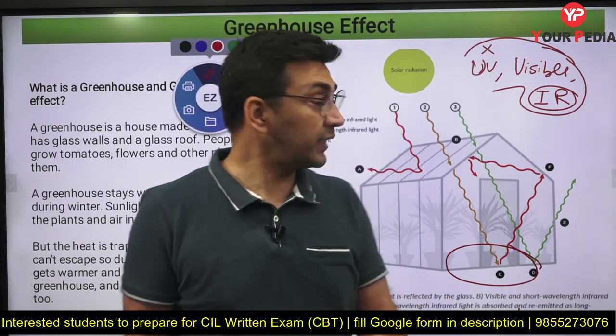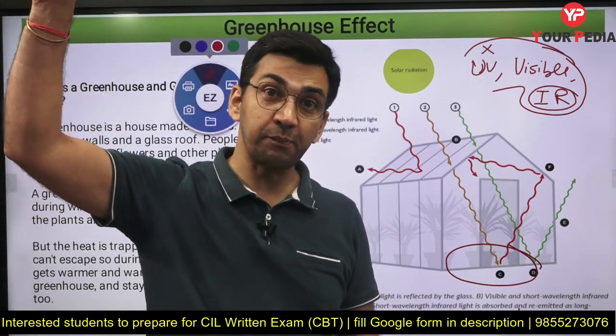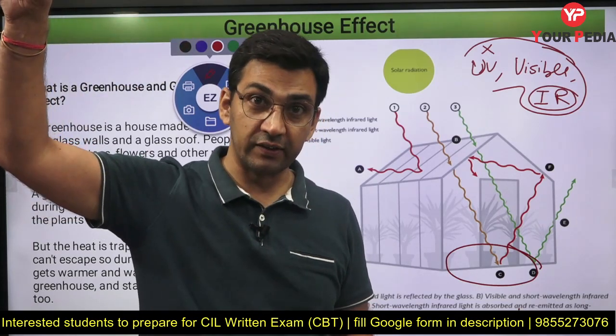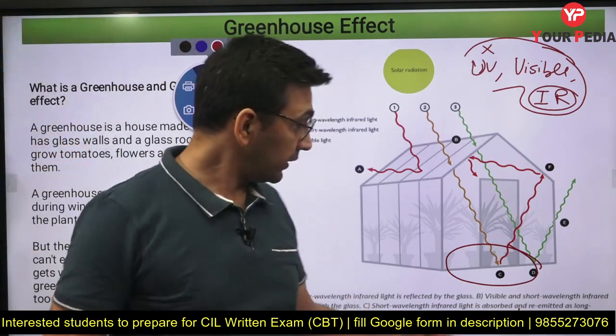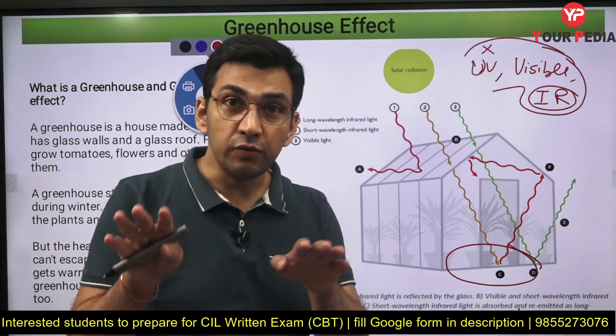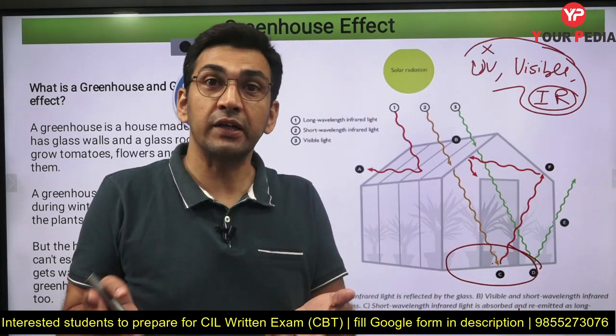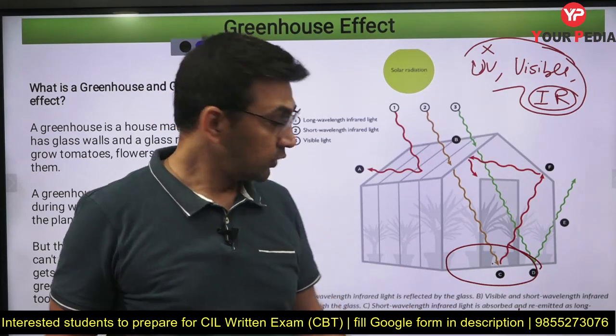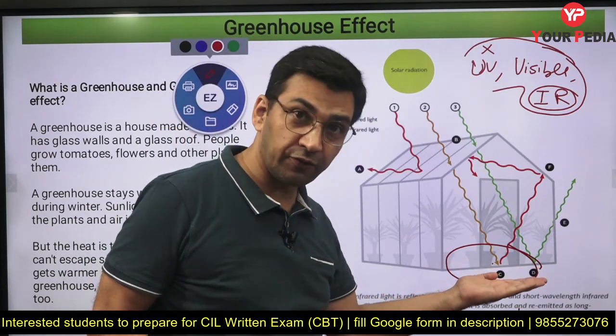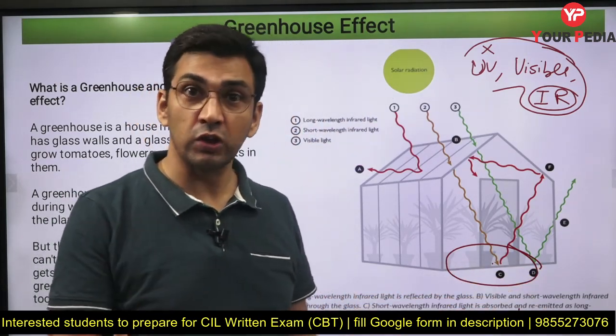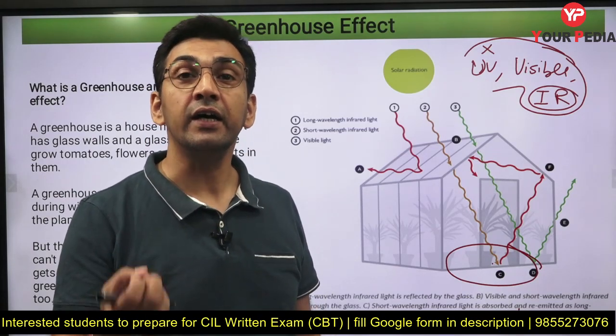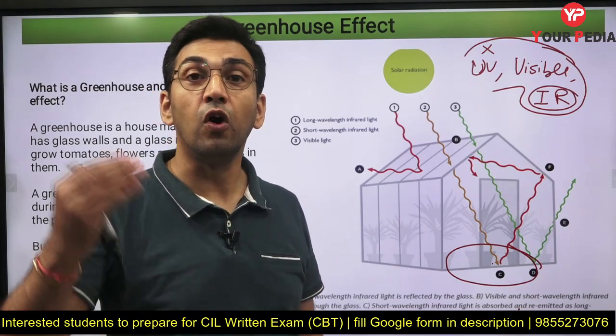Now what happens is, when they heat the surface of the earth, obviously it will get heated up. But as I was telling you, the body which is at a higher temperature will have shorter wavelength, high energy. But this surface of the earth will be at a low temperature. It will get warmer, but the temperature compared to the sun will be too low. So the surface of the earth will also radiate, but it will radiate infrared radiations of longer wavelength.